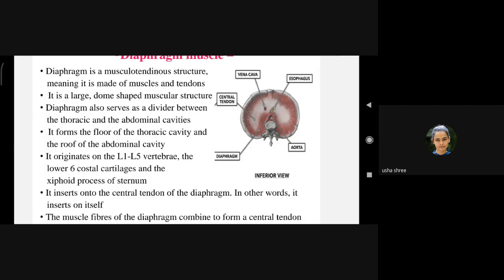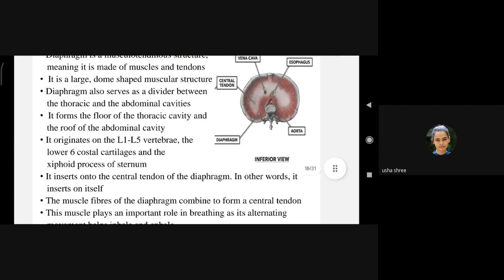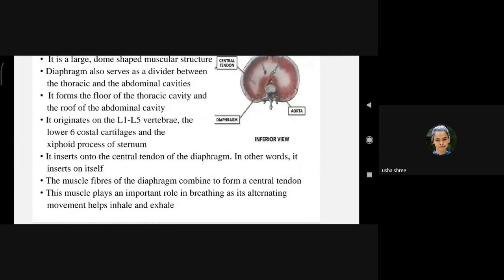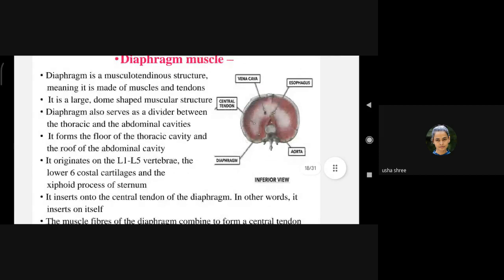It inserts into the central tendon of the diaphragm. In other words, it inserts in itself. Like it's a dome shaped muscle originating from the outside areas, like from vertebrae, from costal ribs and costal cartilage and xiphoid process of sternum, and then it is inserting in the central part, the tendon. You can see here in the picture,